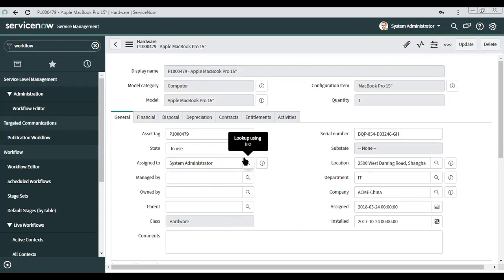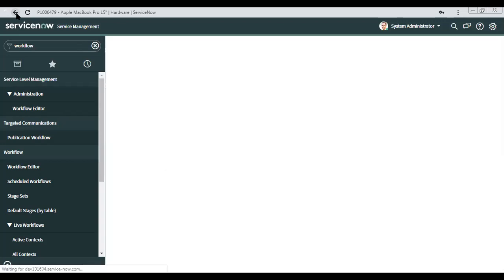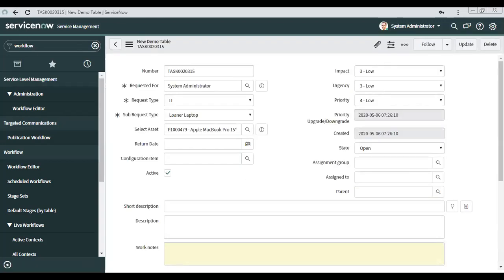In a real-time scenario, suppose I am a user requesting a laptop. It goes first to my manager, then to IT, and then the assigned person will give me a laptop of a particular brand, for example Dell.